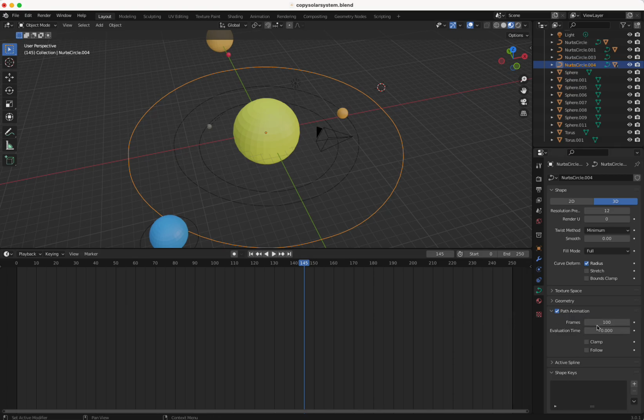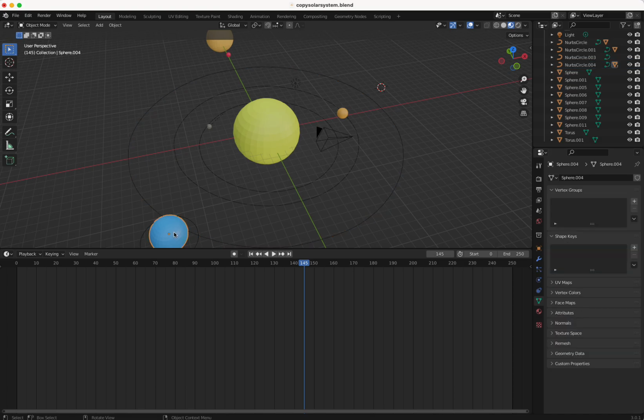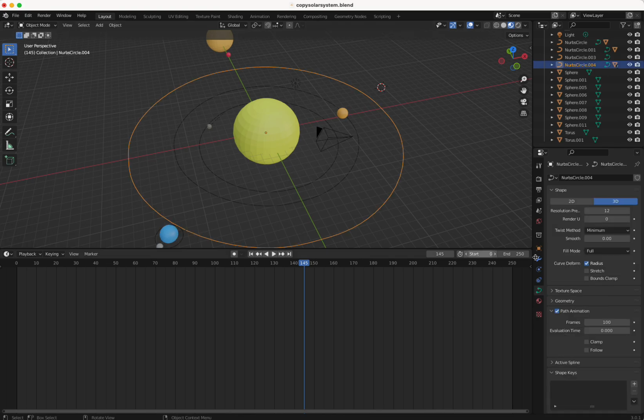I think the elf is the same size as Saturn. Let's make it as big as Venus. Okay, now it's as big as Venus. Yeah, that is the size of Venus.